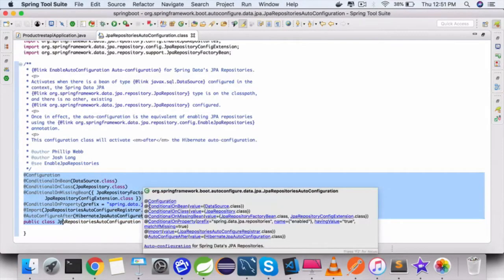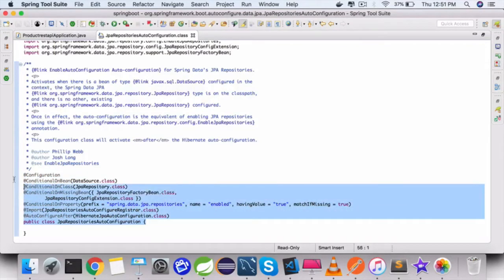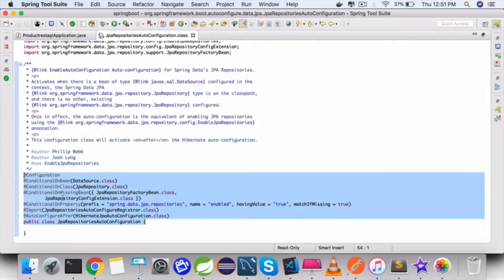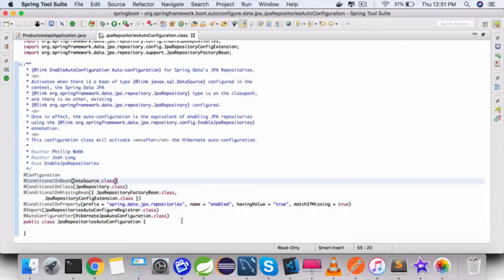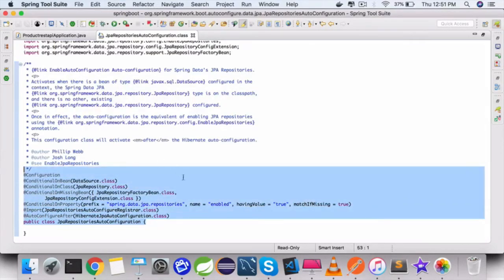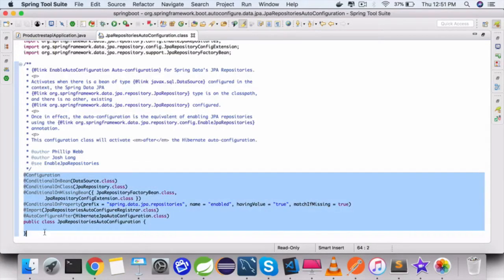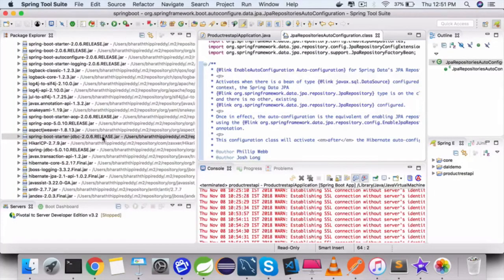So before Spring Boot, we had to do all this manually, either using Java configuration like this or through XML configuration. But Spring Boot creates all this Java based configuration beforehand. The developers at Spring have done it for us, and these will be enabled dynamically at runtime by Spring Boot depending on what's there on the class path.